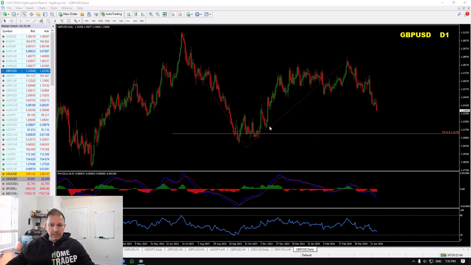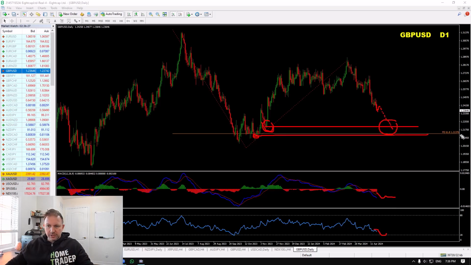Besides that, we have a strong demand area where the buyers were in control here and here before. So there is a very serious chance that the pound dollar, with all the momentum, maybe after some pullbacks, will try to reach this very area where we should see the RSI and the MACD making some sort of